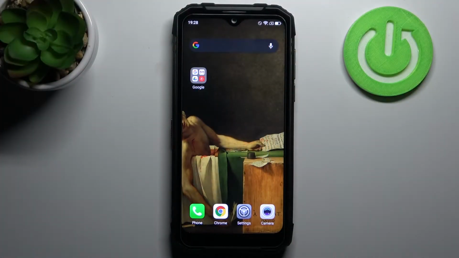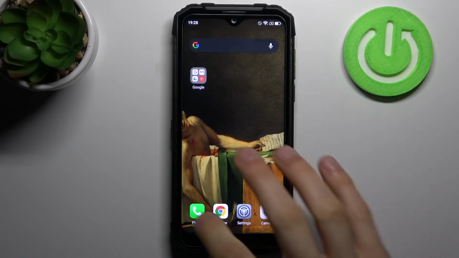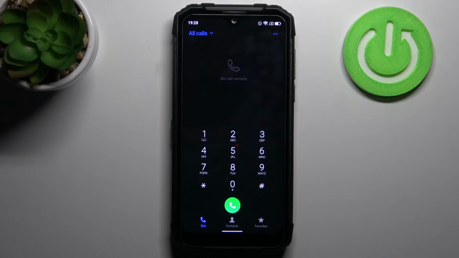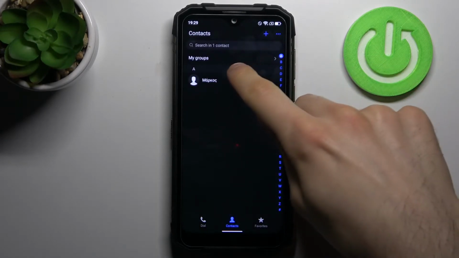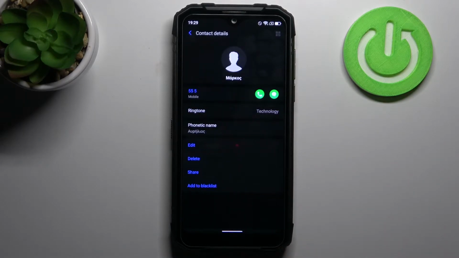Here I have DOOGEE S96 Pro, and today I'm going to show you how to add photo to contact on this device. So to do this, firstly you have to open your phone application, then go to the contact section, then select contact which you want to add photo,